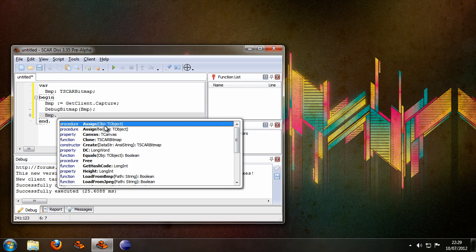So I'd also like to discuss these two first methods, assign and assign to. This basically allows you to assign the data from another bitmap to this one. Now, aside from supporting TSCARBitmap, as you can see, it says TObject here instead of TSCARBitmap. You can also assign the data from a TBitmap object and a TPicture object into this bitmap, which